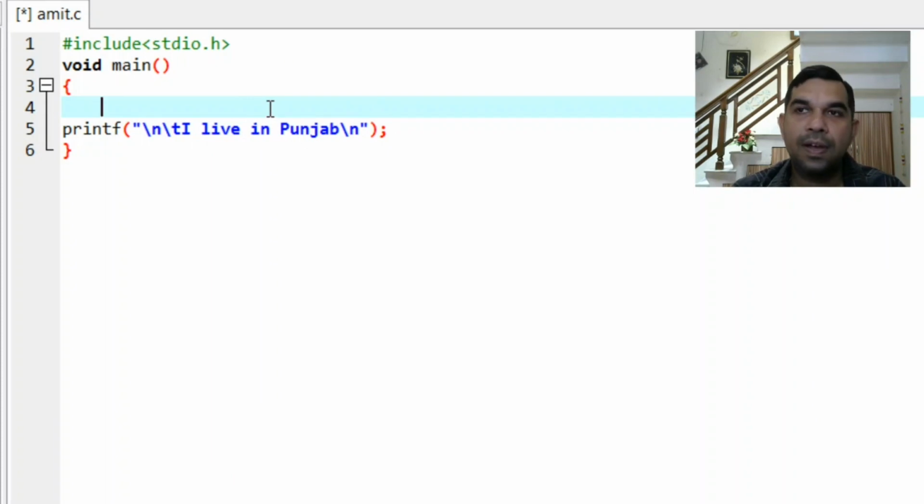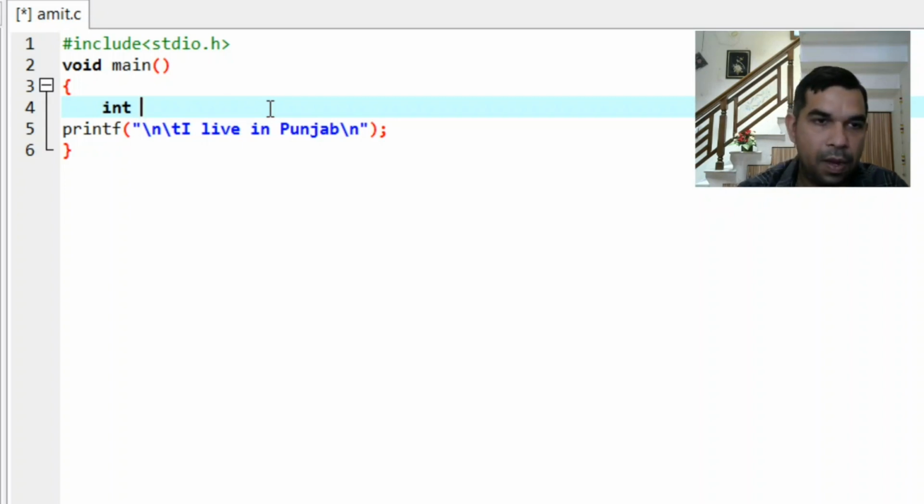Now the very first line of our program is the type declaration of variables. In this we will declare the type of variables and their names. For example, let us make a program to find total marks and percentage.